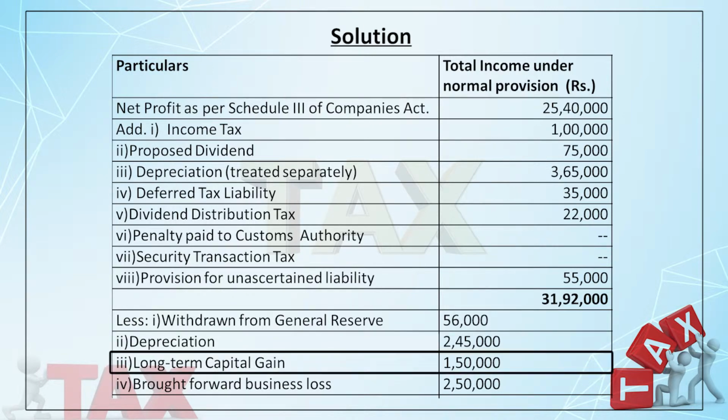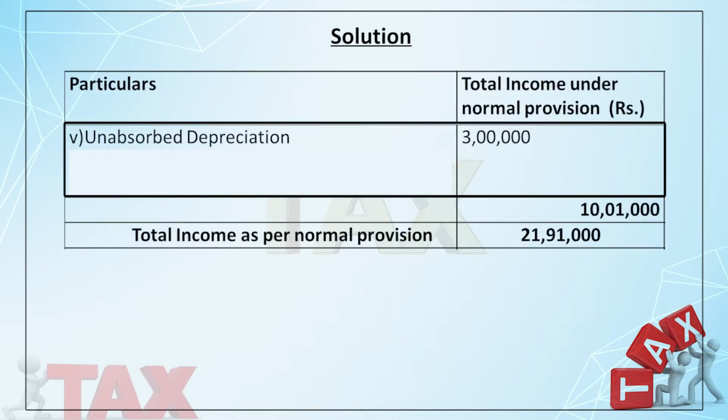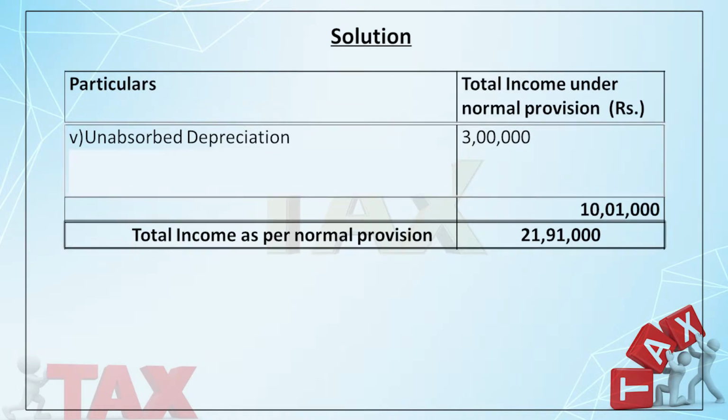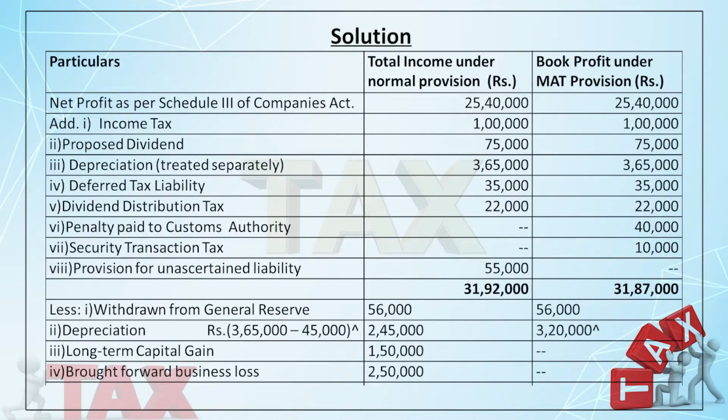Long term capital gain 1,50,000, brought forward business loss 2,50,000 and unabsorbed depreciation 3 lakhs. So, all items are to be deducted and the total income comes to 21,91,000, something like that. So, this is the total income as per normal provision, and the second part is the